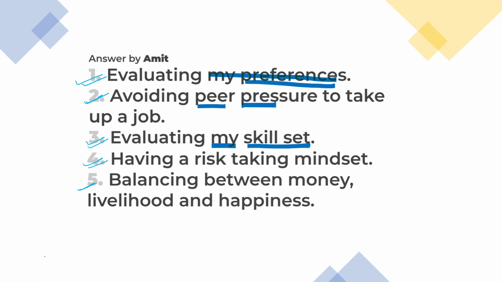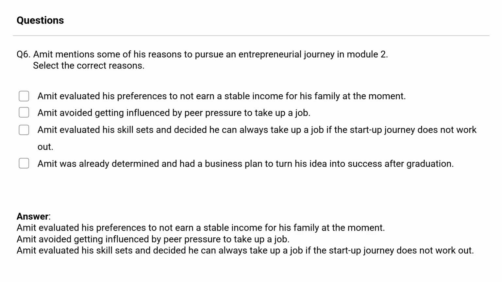So let's get back to our drawing board and let's see the correct answers. So those of you who said A, B, and C, you are correct. Well done. D is not the right answer. So the right answers are A, B, and C, which is evaluating that the family doesn't need a stable income